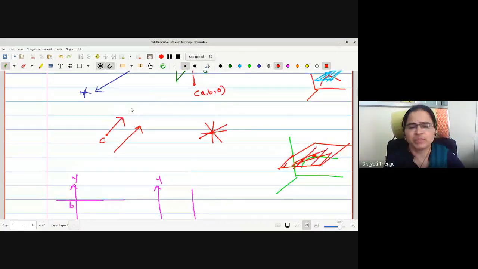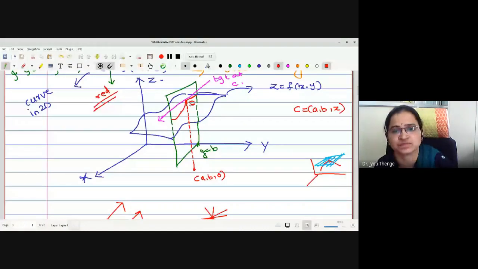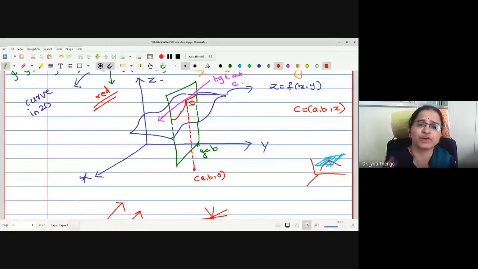At this point C, infinitely many tangents are possible. Infinitely many lines which touch at point C can be drawn. But if we restrict a condition that the line should be parallel to the x-axis, or in the direction of the x-axis, then among those infinite lines we will have only one line, and this line is nothing but the slope of the tangent, and whatever is the slope of the tangent at this point we will obtain. This is nothing but the partial derivative with respect to x. Therefore, this partial derivative with respect to x gives us the rate of change of the function in the x direction only.